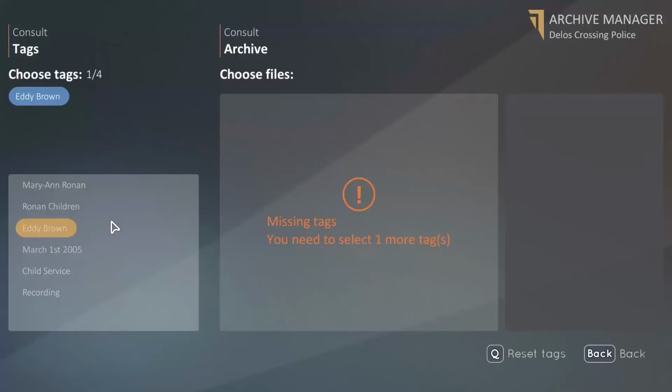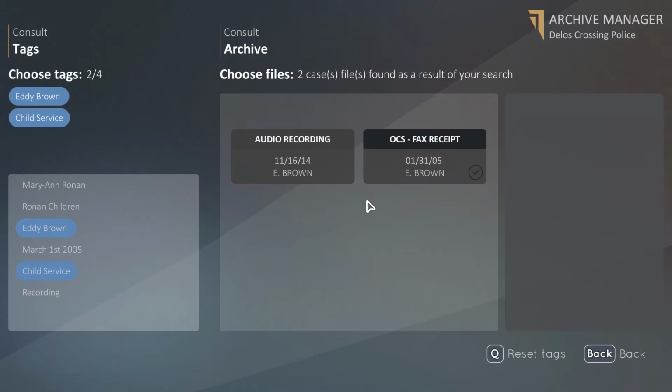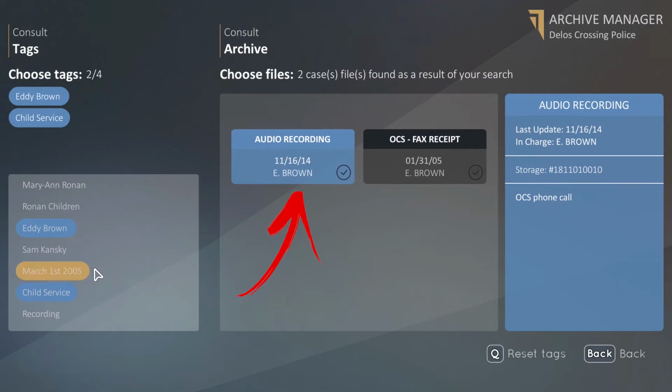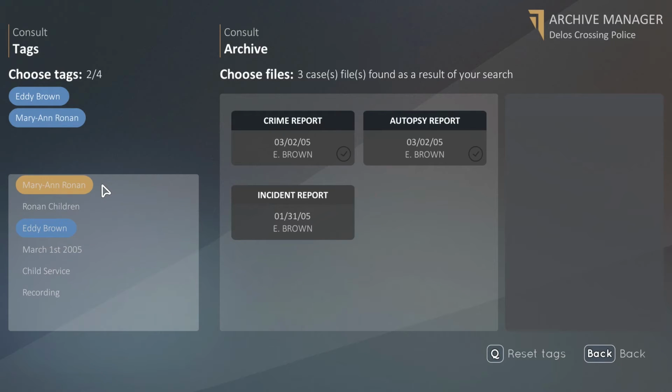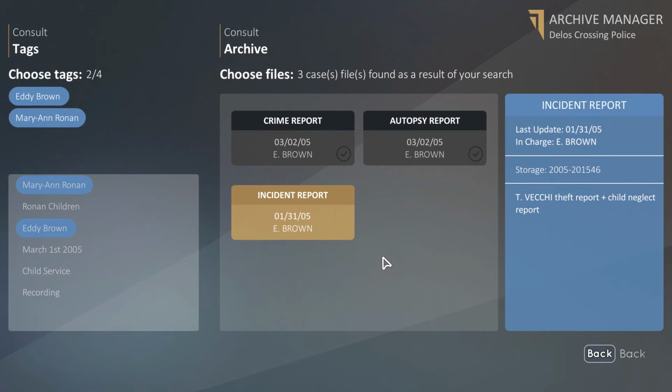Now back to the computer, use Eddie Brown and Child Services if you want to listen to an extra recording, where your uncle speaks with the Child Services and suggests they interview Sam Kansky, who is the friend of the family. To finish, you need to use the Mary Ann Ronan and Eddie Brown tags